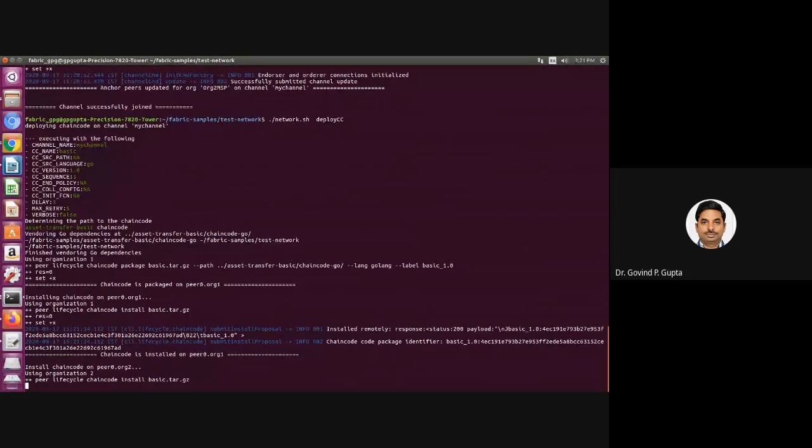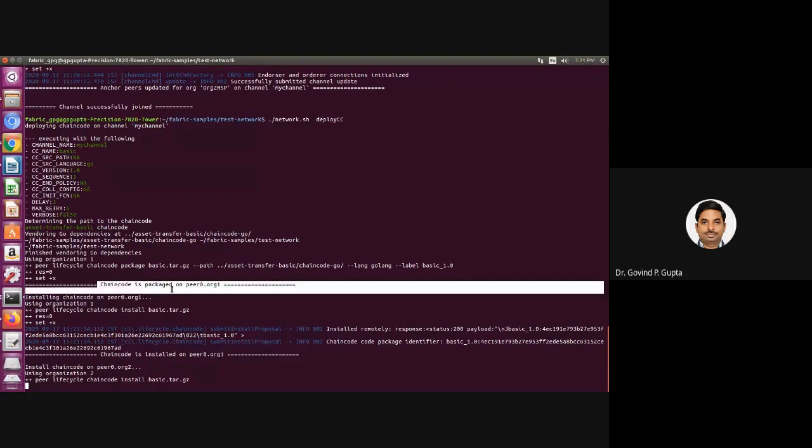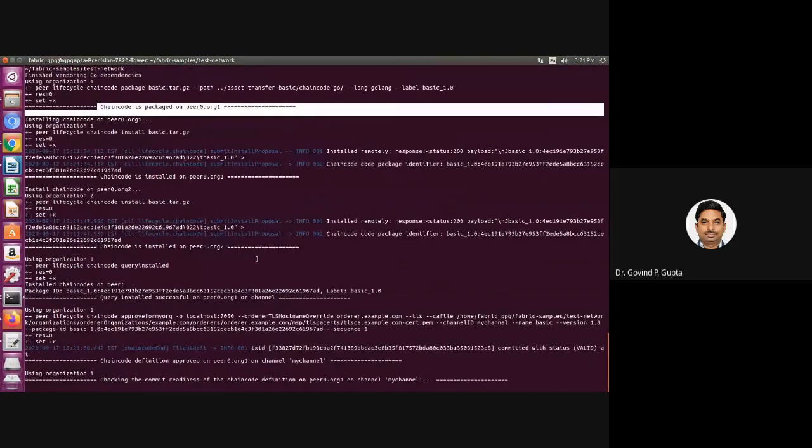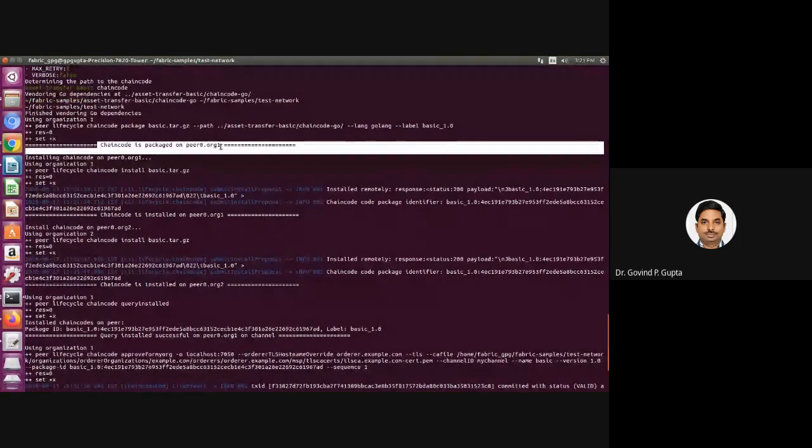Since in this network there are two organizations, org1 and org2, if you see here, the chain code is packaged on peer 0 of org1. Yesterday I explained the difference between a smart contract and the chain code.